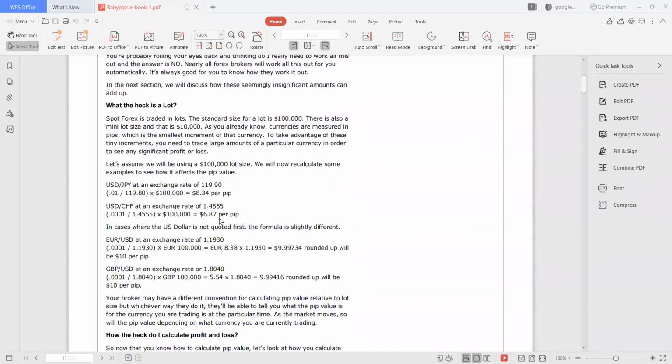Then let us go to a lot size. I think it's better that I use the practical one. Let's be practical. So can you see my screen? Do you see my platform? Yeah, I can see it. All right, that's fine. So we are on Euro USD, right? So what we call a lot size.